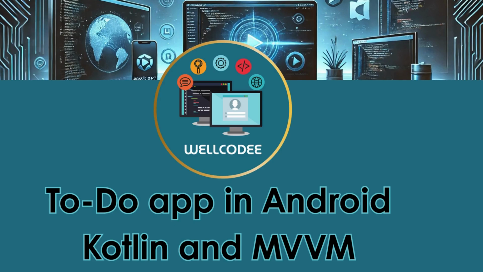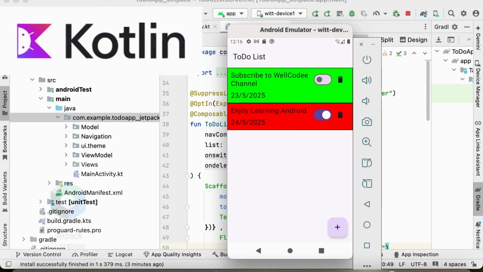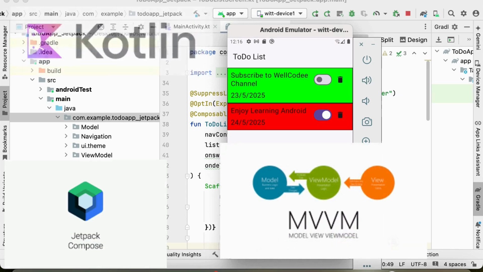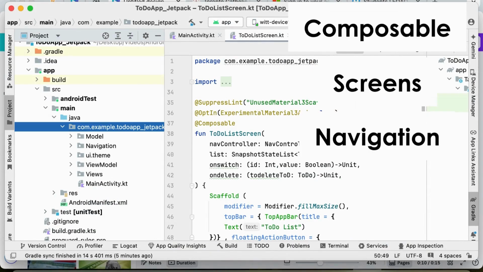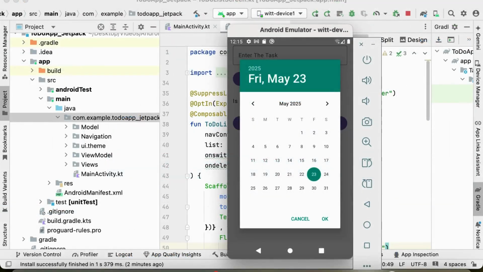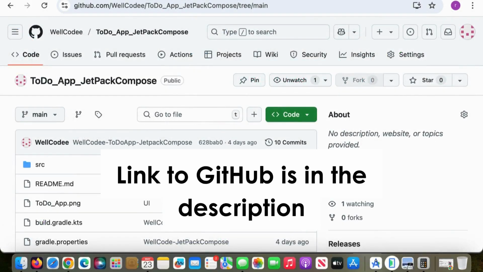In today's video we will build together a to-do app in Android. I will build the app step by step with you using Kotlin and Jetpack Compose and with the MVVM design. I will go through composables, building screens and navigating between screens. Also build together ViewModel and app repository, and we will run the app in Android emulators, test, debug. The full code also will be provided on GitHub, the link in the description, so can't wait to start developing